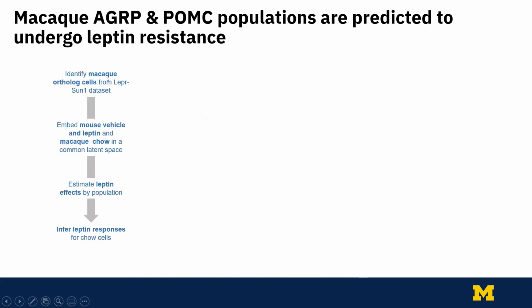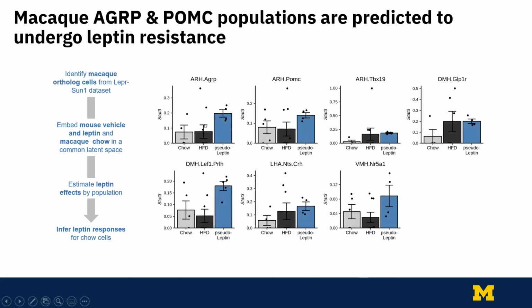Now that we know this approach is robust, we can take the same approach where we use our learned macaque ortholog cells. We can then embed them with our mouse SUN1 data set, estimate the effects of leptin, and infer their leptin responsiveness. And when we do that, you see again that AGRP cells are predicted to highly upregulate STAT3, POMC cells are as well, but we do not see an upregulation of STAT3 in high-fat diet relative to chow